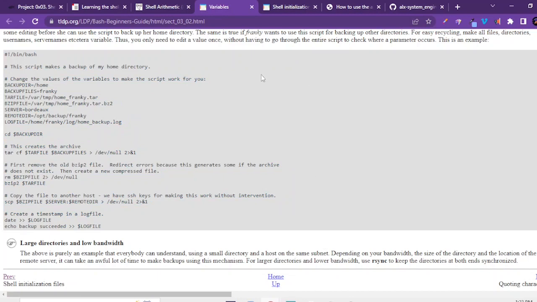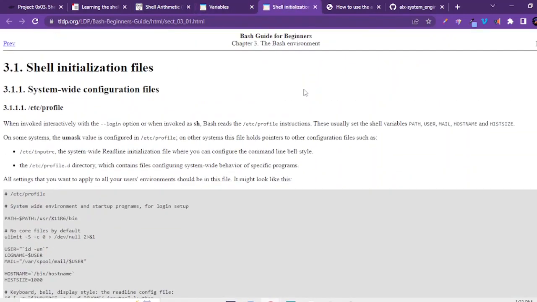But so far, I have not seen the alias command which I'm looking for. I'll continue to move forward to the next resource. There are about 5 resources here, and I'm currently in the 4th one. Remember, I'm looking for alias. Now what I have here is shell initialization files,